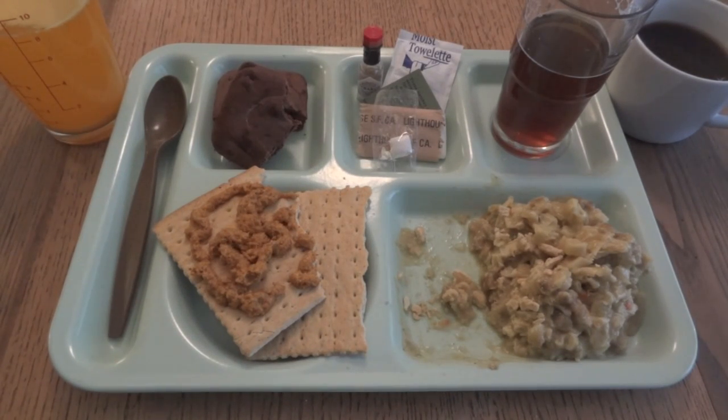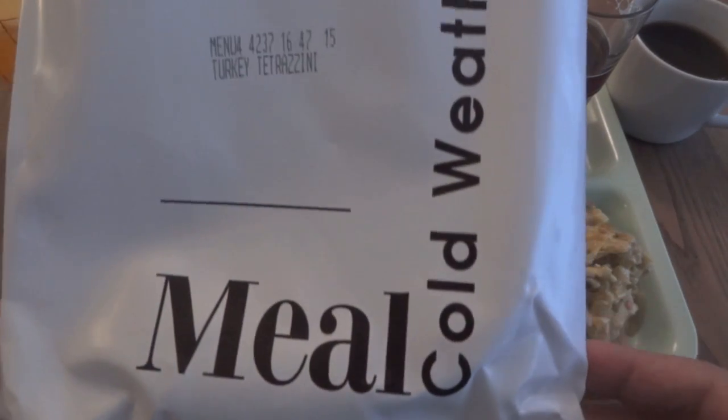It's a little bit on the hard side when you start, and then it kind of breaks up. I guess that's the candy mixing in with the gum. But then you chew it a little bit and it goes right back into gum. It's always a nice way to kind of freshen up your mouth a little bit after you eat one of these meals. So that was a look at a meal, cold weather